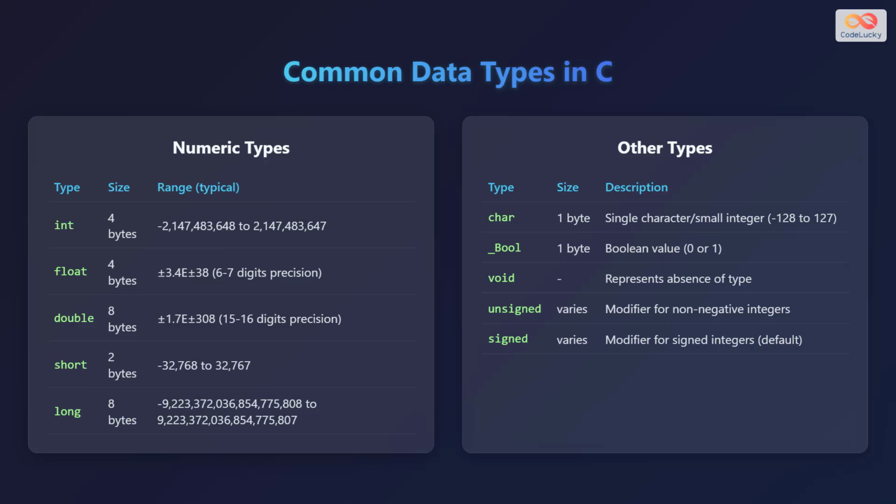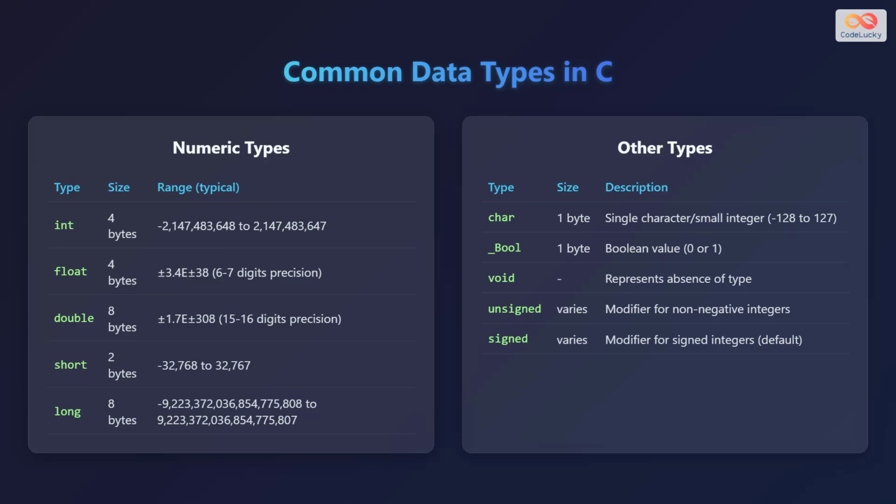Double typically occupies 8 bytes and represents double precision floating point numbers, having a range of plus or minus 1.7e plus or minus 308 with 15 to 16 digits of precision. Short typically occupies 2 bytes and can store whole numbers in the range of -32,768 to +32,767. Long typically occupies 8 bytes and can store whole numbers in the range of